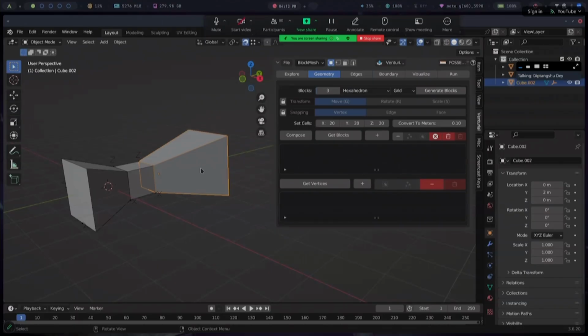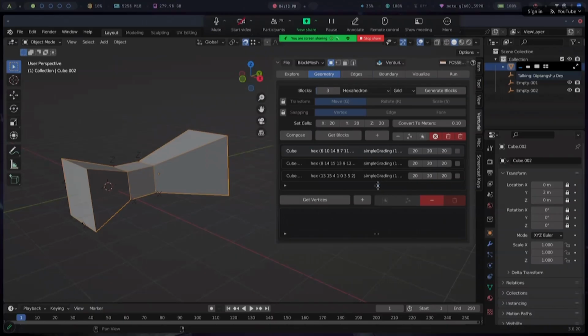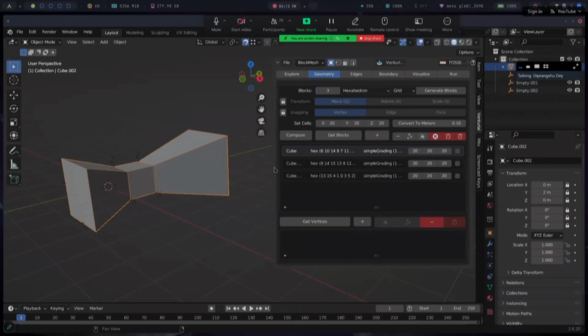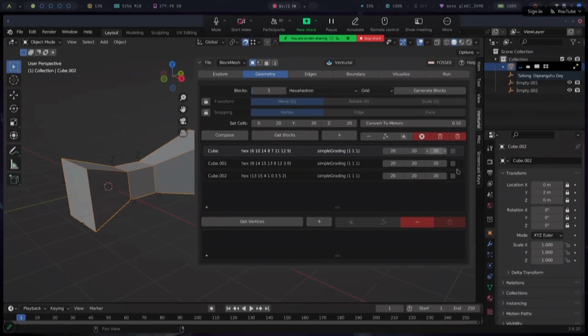So now that our basic shape is ready, we will select all the blocks that we have, and we can compose them to make a single mesh that is going to be our final mesh structure. Now we can modify upon this mesh as we like. So let's start by adding all the data present in this mesh into our internal software. So we will first do get blocks. So here you can see all the block data is similar to the one that you see in your blockMesh file. So here you have the